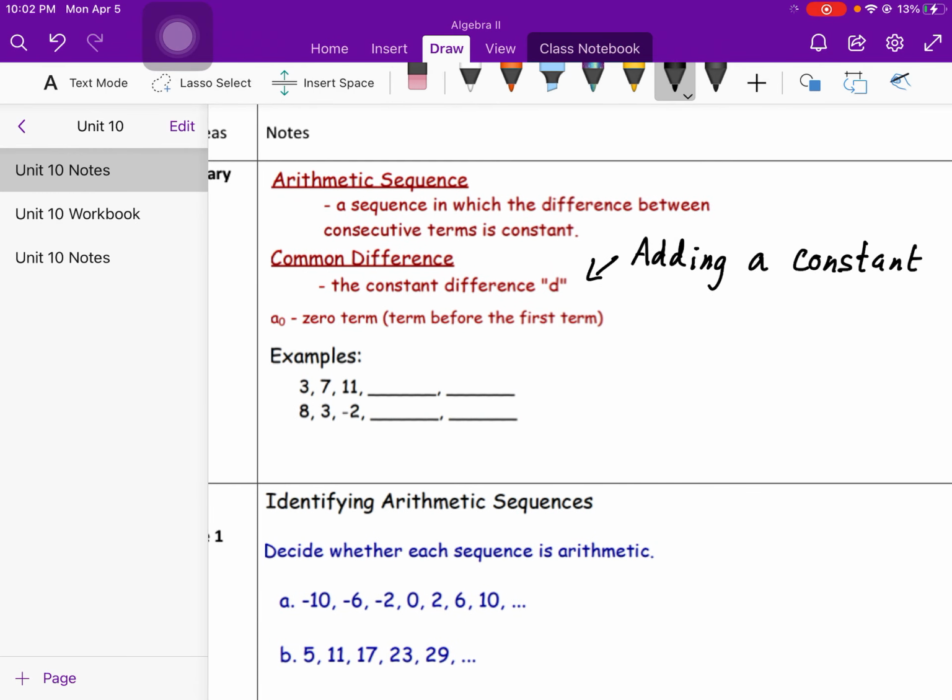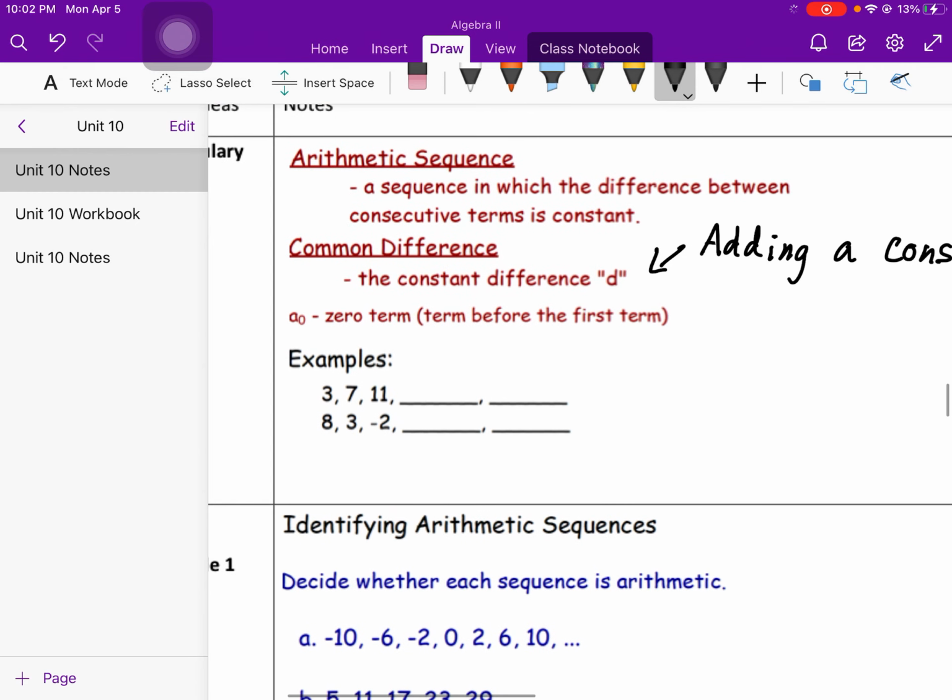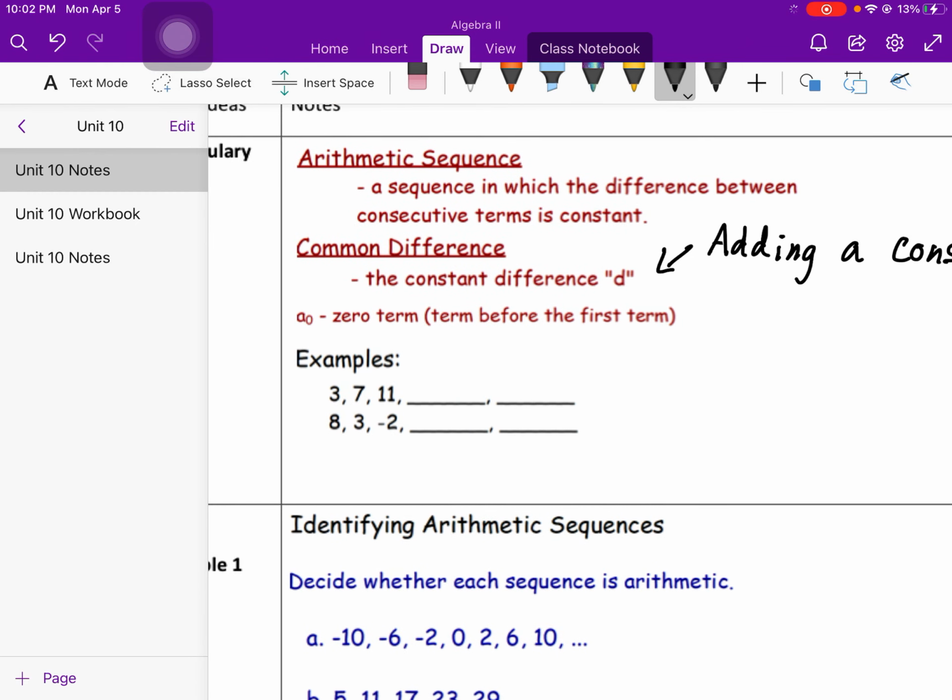Another new part that we're going to want to be aware of is a of 0. This is the 0 term, the term before the very first term. Some examples of arithmetic sequences would be as follows. 3, 7, 11. Notice to go from 3 to 7 and 7 to 11, we would add 4 for both of those. So the next term is going to be 11 plus 4 is 15, and then 15 plus 4